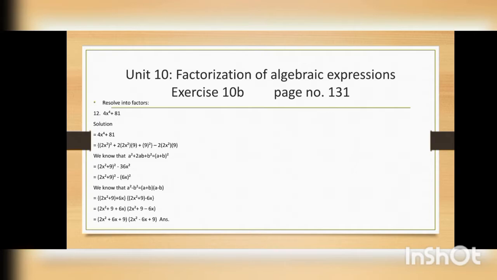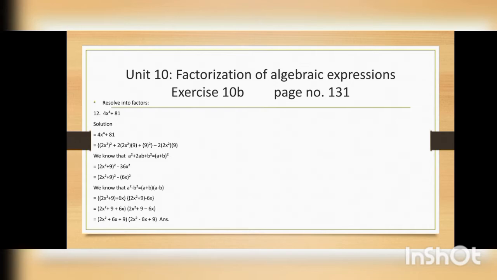Our first term, which is in this curly bracket, the second step I'm talking about, is completely in the form of the left hand side of this formula. So we can write it according to the right hand side of the formula. Alright, so our a equals 2x² and b equals 9. So we have written it (2x² plus 9) whole square. Okay, and then the second term, we have simplified it in this step. We have written 36x² because we all know 2 into 2 into 9 equals 36.